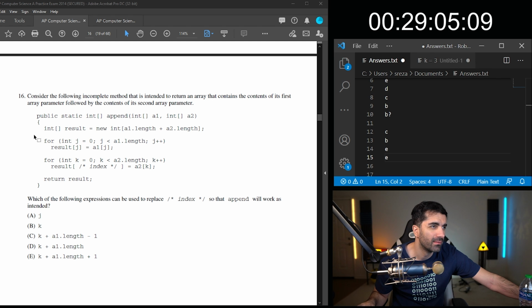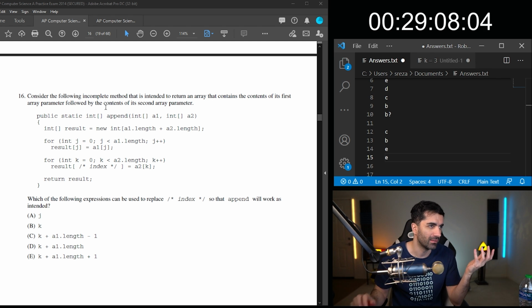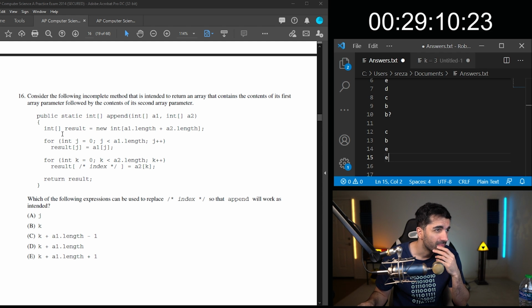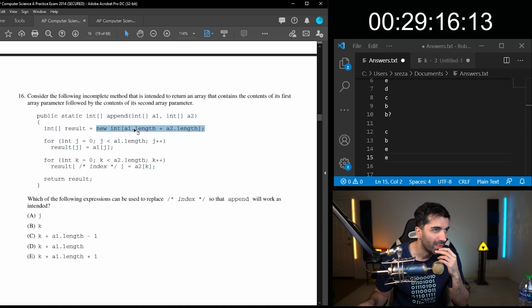Okay. So it's basically appending the two. So result equals, you're creating a new array with the lengths of both of those. You're looping through the first one, and you are just setting the value to that value. And the second one, it should be result k, right? Oh.